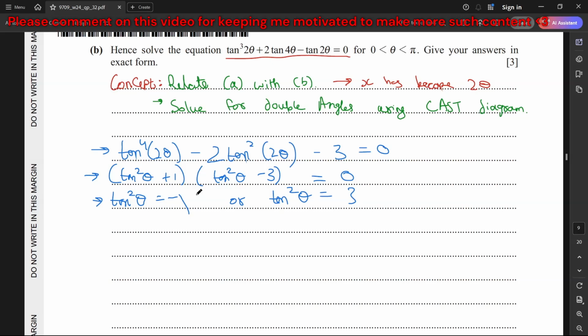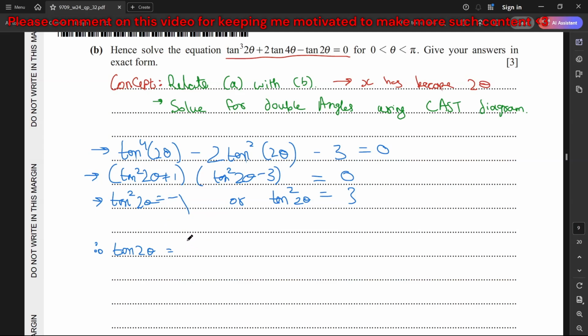Now based on this, okay, I guess I just forgot one thing. It's not theta, it is 2 theta, right? So I'll just quickly get rid of the theta and write 2 theta over there. Let me go very quickly. So tan squared 2 theta, tan squared 2 theta, tan squared 2 theta, and tan squared 2 theta. So from here we get that my tan 2 theta is going to become